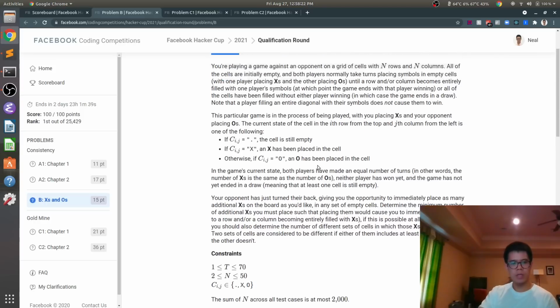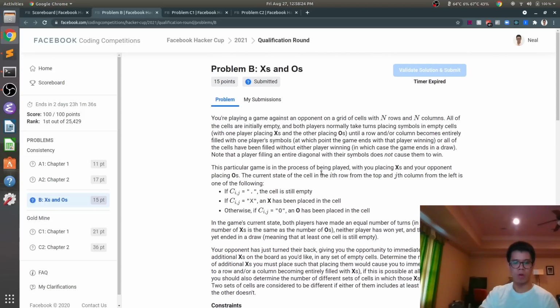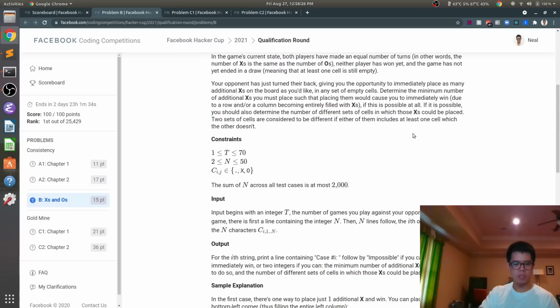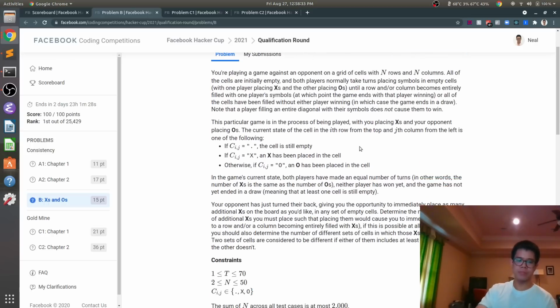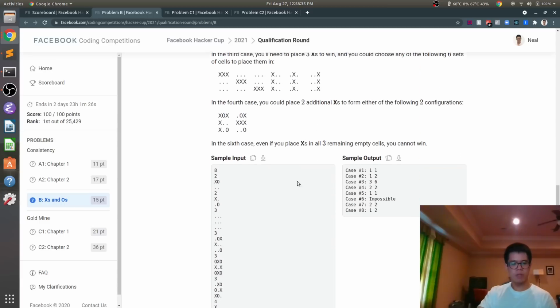Anyway, let's talk about problem B. So problem B, you're playing this weird version of tic-tac-toe where it's an n by n grid instead of a 3 by 3, and there's also no diagonal win. You can only win with a row or a column. And basically, you're given the state of a board,